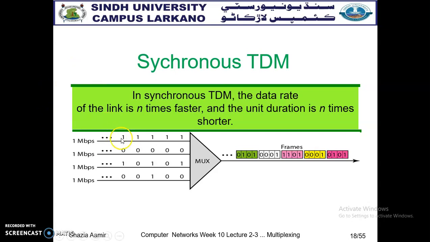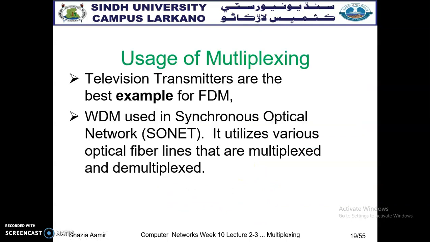Here we have digital data, so digital data of 1 MB per second will be transmitted through this, and a number of channels are transmitted in the form of frames, using digital signals. So a digital signal carries digital data. That digital data, in the form of binary numbers 0 and 1, will be transmitted through the frames.